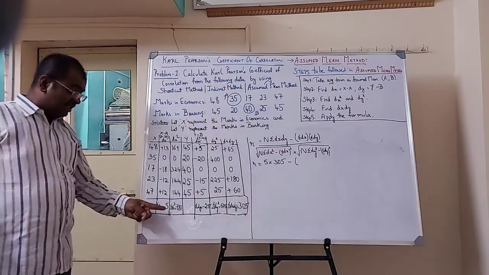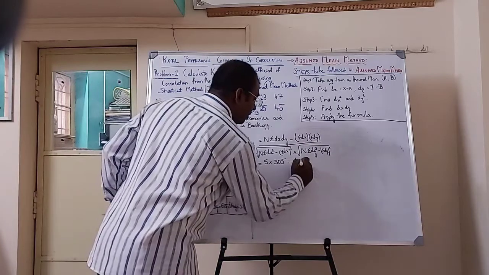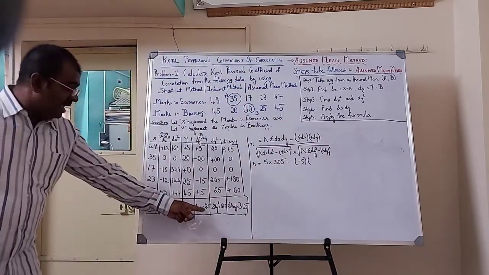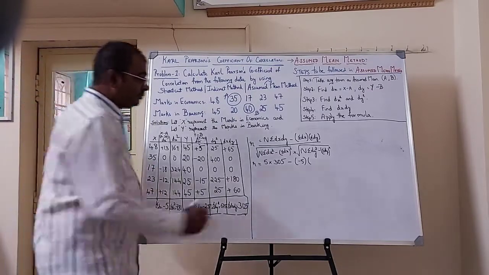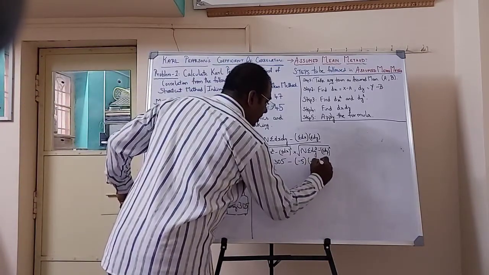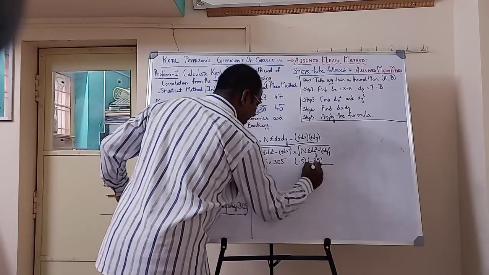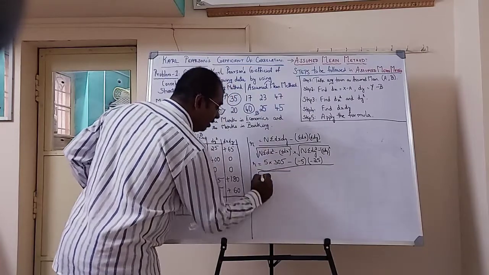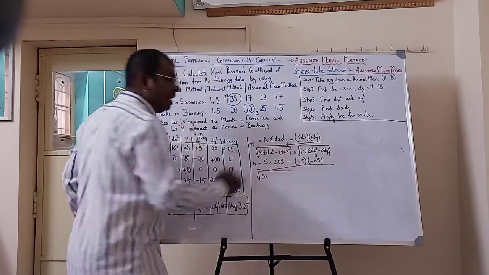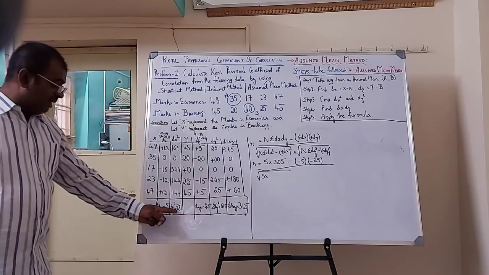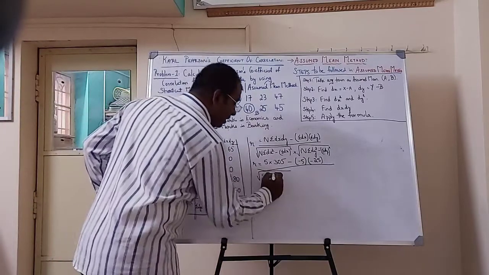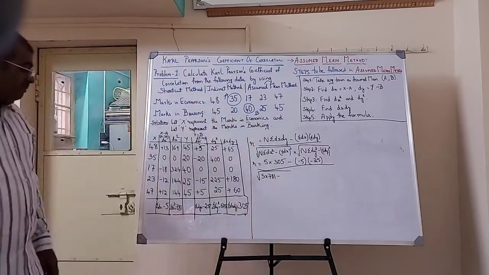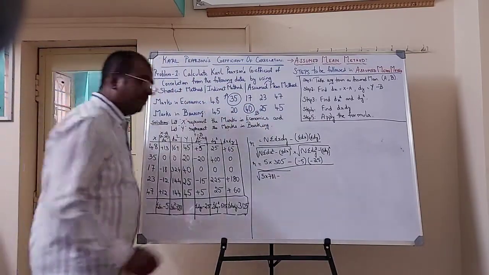Value of sigma dx is minus 5 into value of sigma dy is minus 25. Sigma dy is minus 25 divided by square root of n, which is 5, into sigma dx square. Sigma dx square value is 781. So sigma dx square, which is 781, minus sigma dx, which is minus 5,